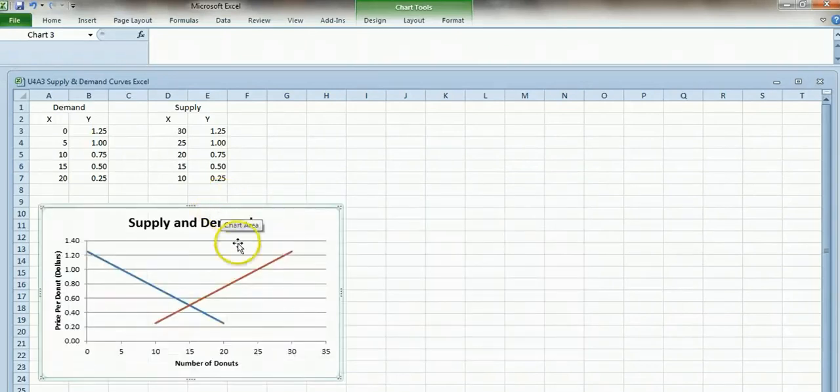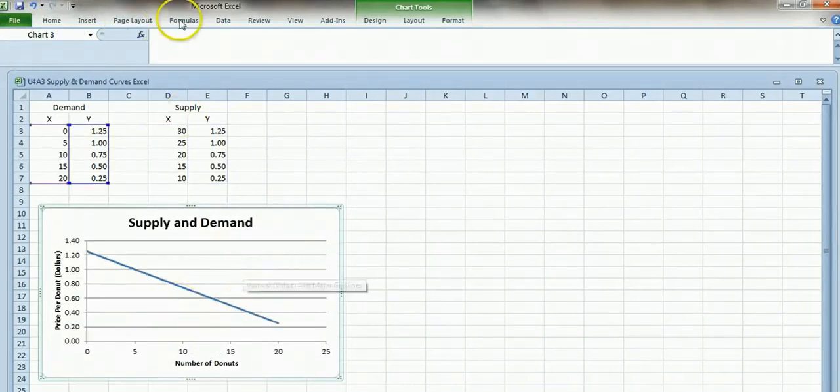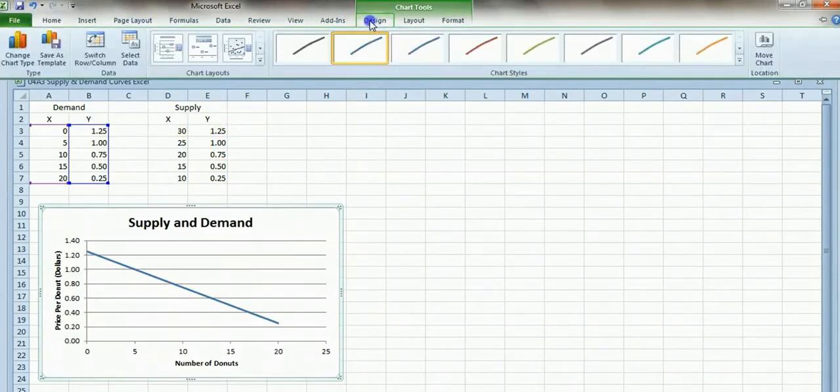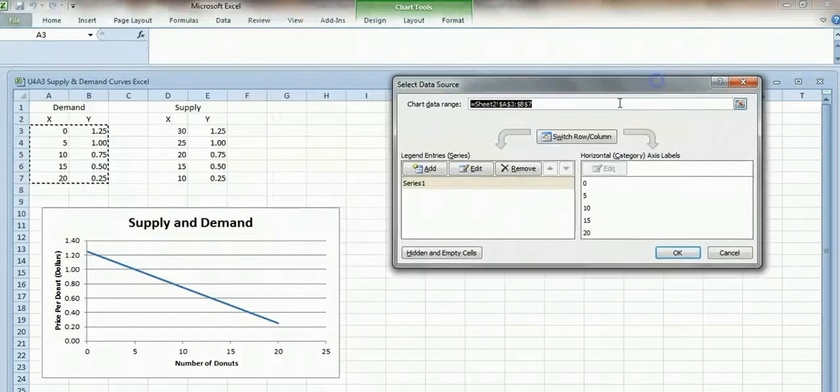And we're going to go through, and as you notice, it's already in there, but I'm going to get rid of it so I can show you how I put that in there. In this case, I'm going to go to Design. So I click on Design, and I want to select my data. So I'll go over here and click on Select Data. I'm going to move this over here,